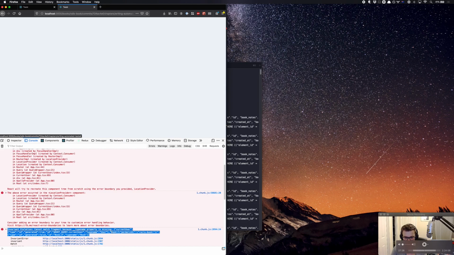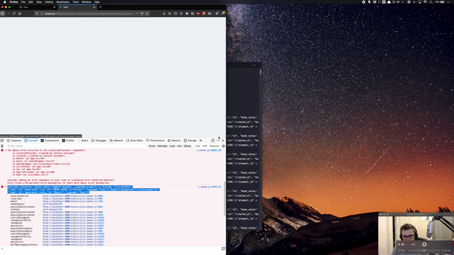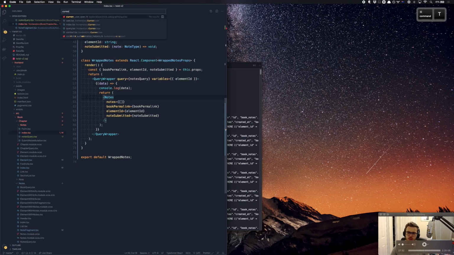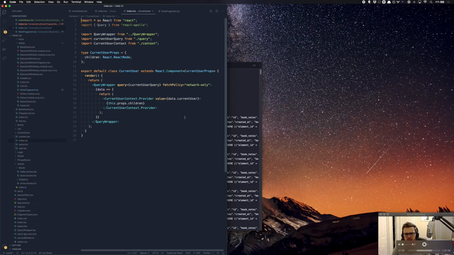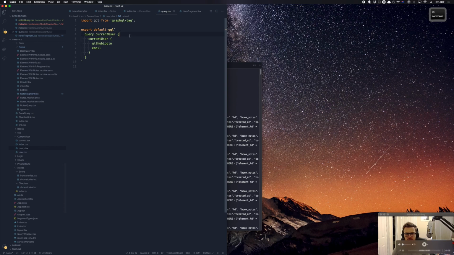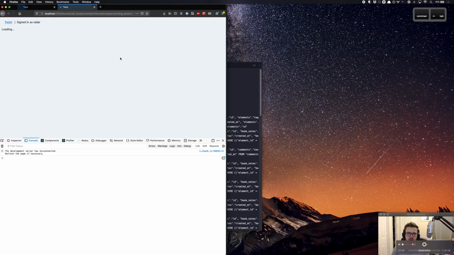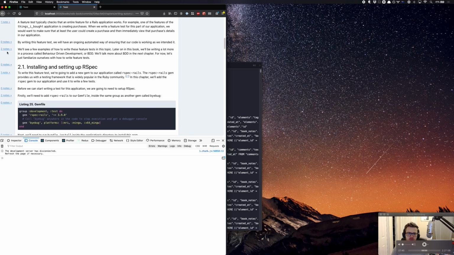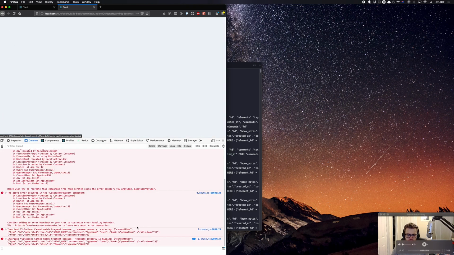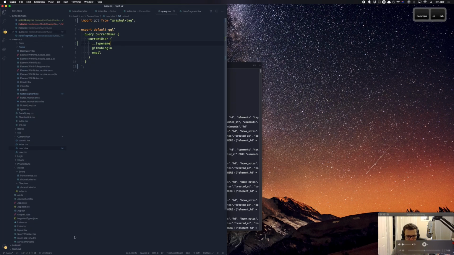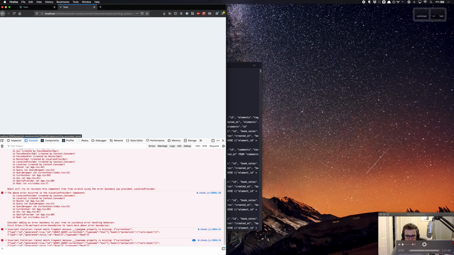Okay, so cannot match fragment because type name is missing on current user. Well, it seems to be pointing to this current user thing. That's something we haven't really checked out or looked at. I mean, it's this right here. I don't know why that would need type name coming through, but sure, whatever. It doesn't seem to be that causing it at all. Right, saying root query current user type name